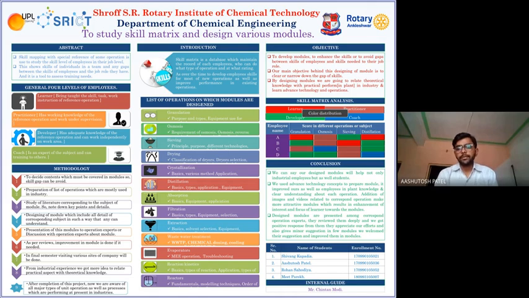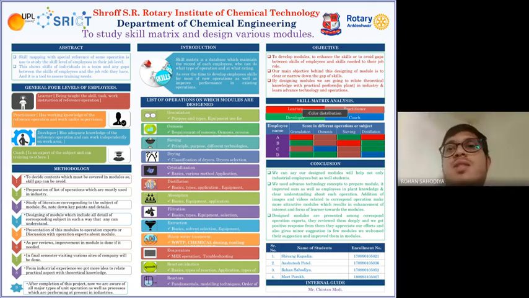As over time developments in industries are done, parallelly it is necessary to enhance the skills of employees for better efficiency. So our main aim was to develop modules to narrow down skill gaps. Our objective is to relate our theoretical knowledge with operations performed in industries and to learn advanced technology and new operations. There are four levels of employees. The first one is the learner, second practitioner, third developer, and fourth one is the coach.